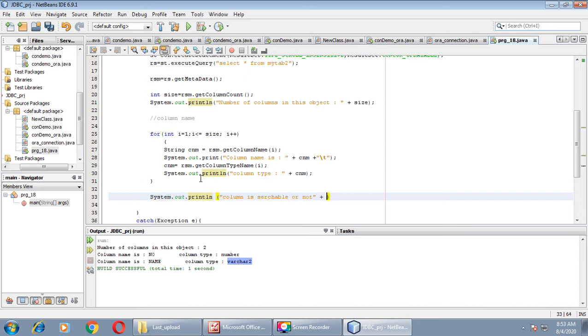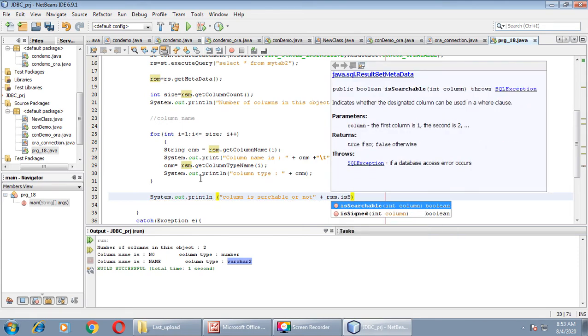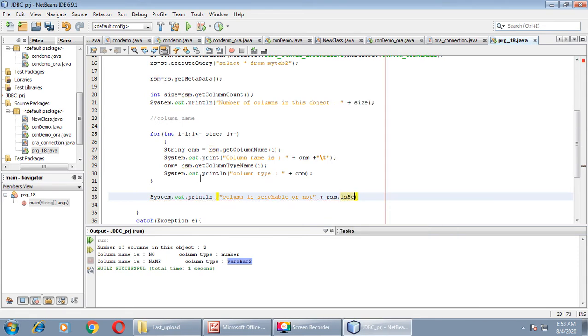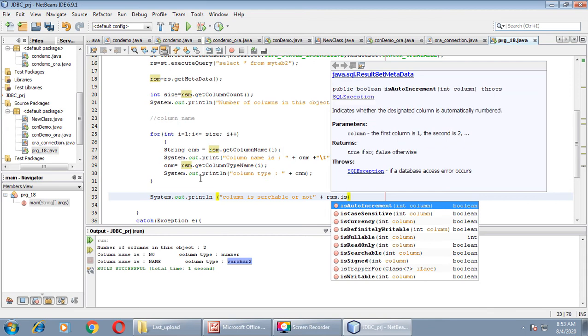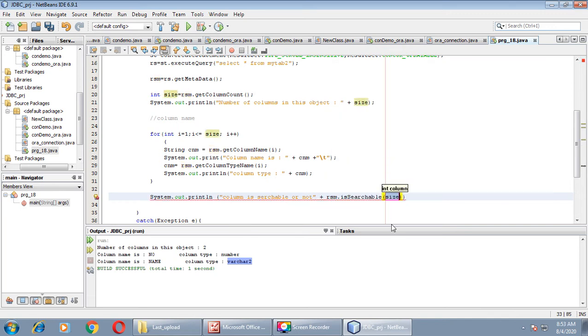And plus we'll take one more method, rsm dot is searchable, and then we'll pass the index.